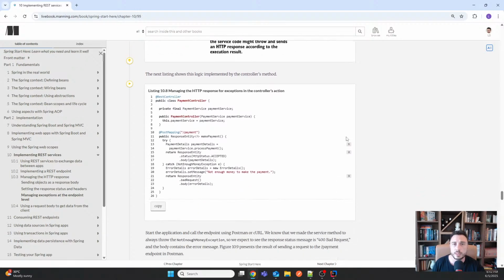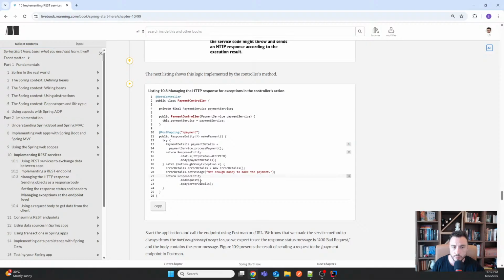Well, there are two ways to handle that. First way is to handle that directly at the controller level. This is usually, at least from my point of view, not recommended. It's usually easier for beginners because they see the code exactly where it is, and it makes things easier to understand. So you call the method, you catch the exception, and then you return a response with a body